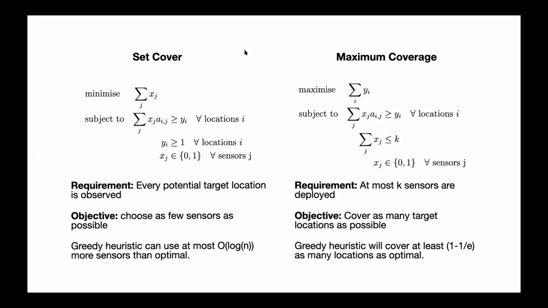So the integer programming formulation is extremely robust to variance of the problem, but it could take a really long time to run. Here we have guarantees on the solution quality, but no guarantees on the runtime. Now for greedy, you've got guarantees on the runtime and some guarantees on the solution quality, but not so great. And also, as soon as you start to say things like a location has to be covered by 2 different sensors, most of these guarantees go away. So some future work would be to see whether the greedy heuristic can be modified to take into account these more realistic coverage scenarios like Will mentioned.